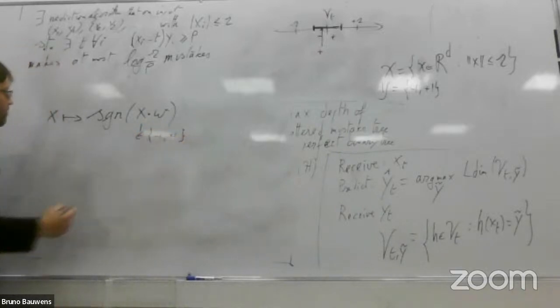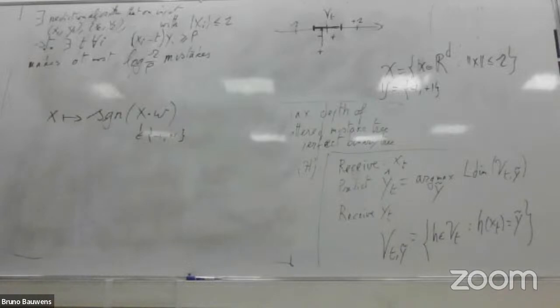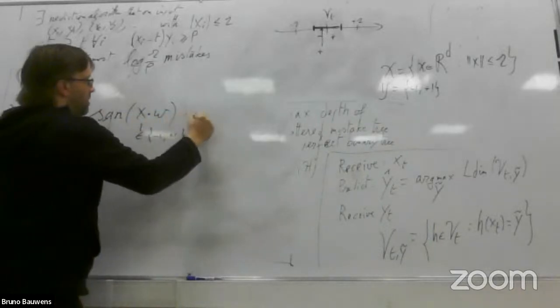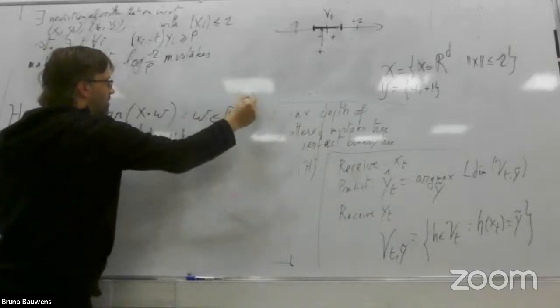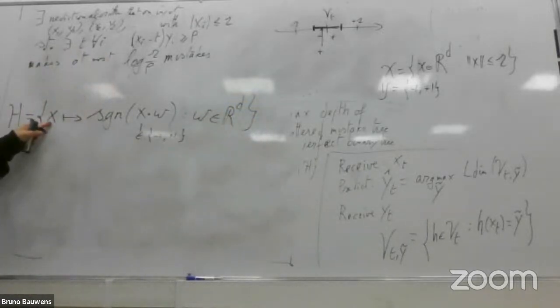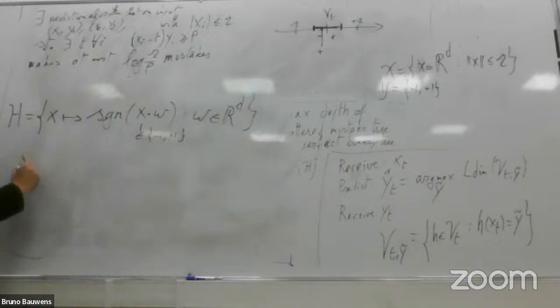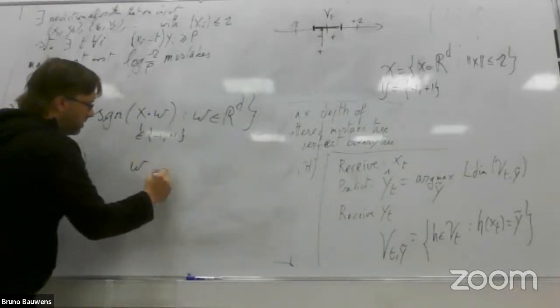And what is w? For the set H that we consider here, w is in R^d, and x is also in R^d, the same as w. In general, you might have half spaces whose border is not through the origin, but this is kind of connected. If you're interested in half spaces of this form, you can make a transformation. So w goes to